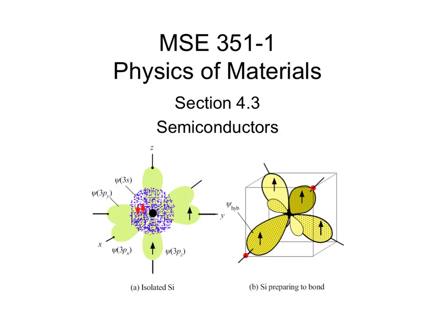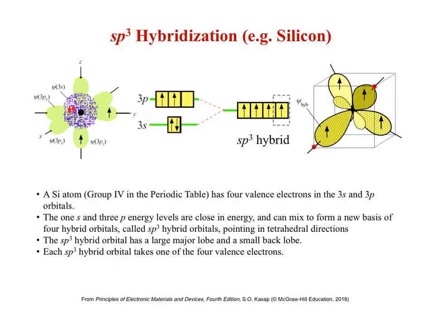In this section, we discuss semiconductors and the molecular orbitals that best describe the basis of their electronic structure. We will use silicon as our example to describe sp3 orbital hybridization. Silicon is in group 4 of the periodic table and has therefore 4 valence electrons in the 3s and 3p